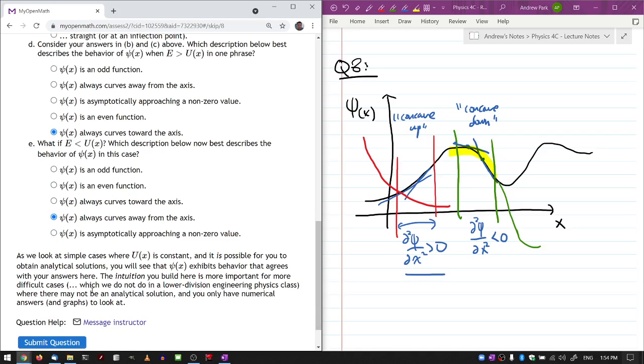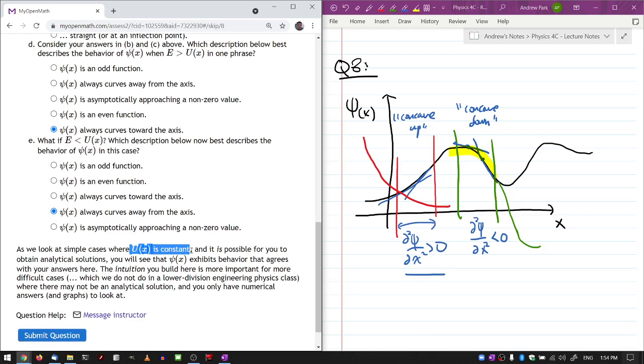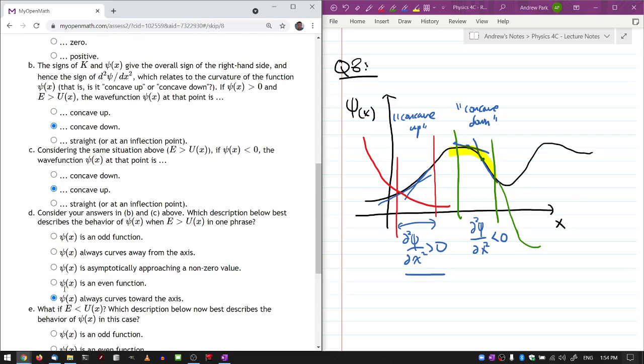And the note here: in the case where this is constant, you see the two familiar solutions you have seen in the lecture. One is the sinusoidal oscillatory solution. The other is the exponential decay function. Oh, and it's not asymptotically approaching a non-zero value, because it should be approaching zero. If we approach a non-zero value, a constant function is not normalizable either over all space. So yeah, those are